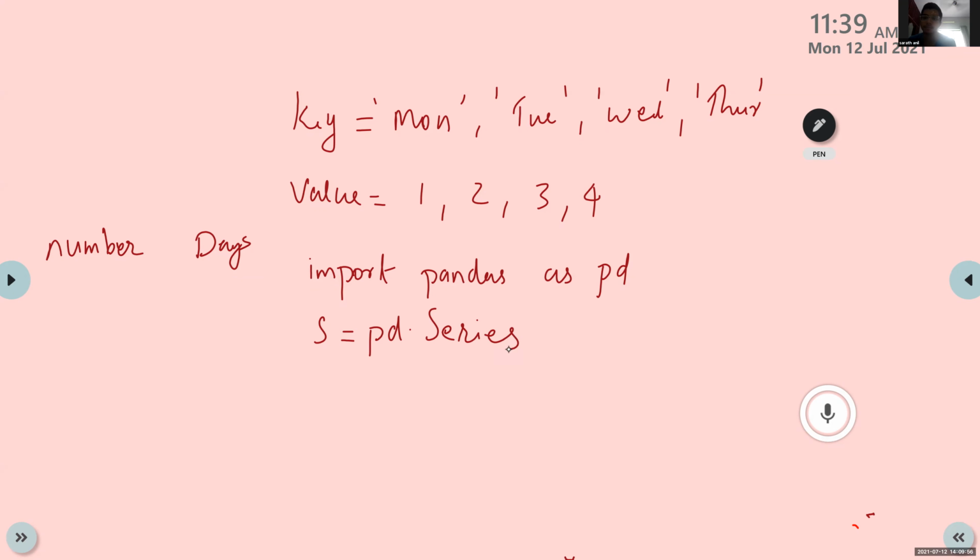Capital letter. Yes, correct. So Series. Then the data value. Read the value. Which bracket is used here? Normal bracket.